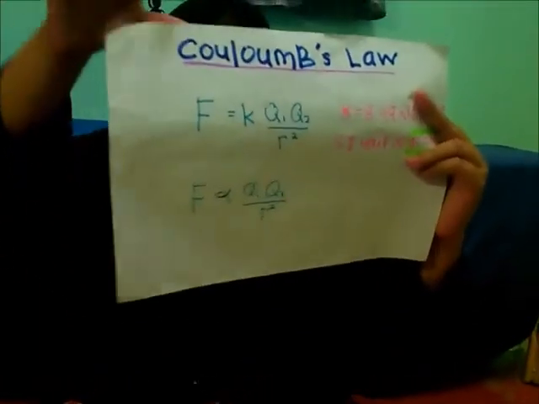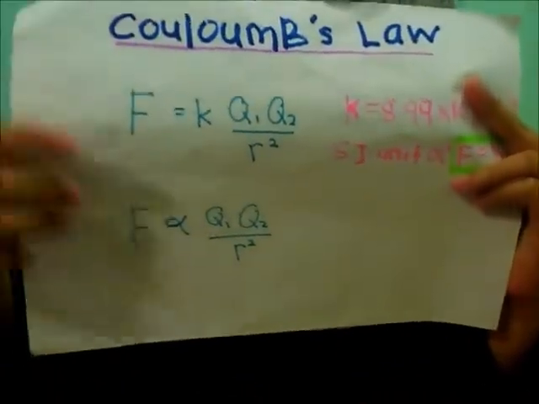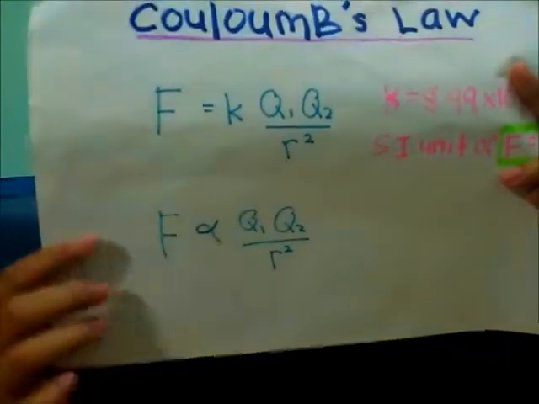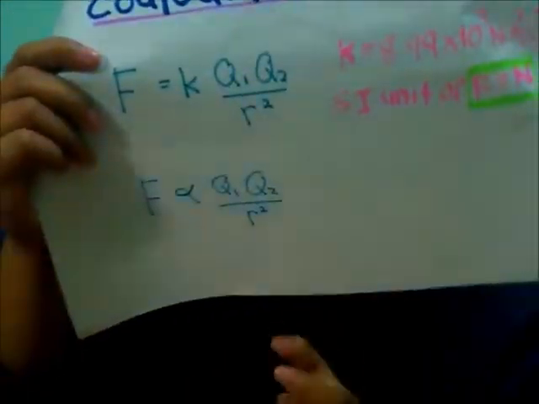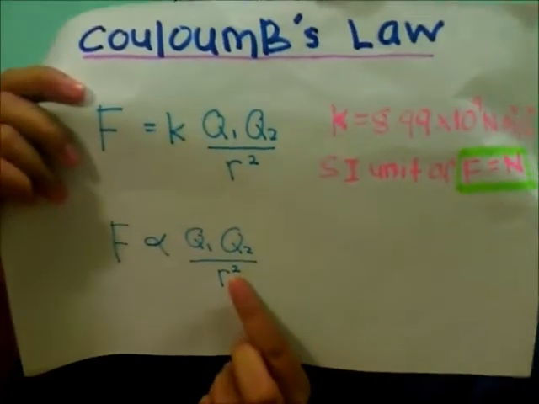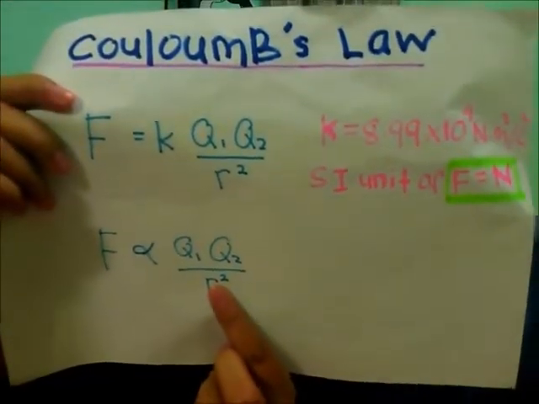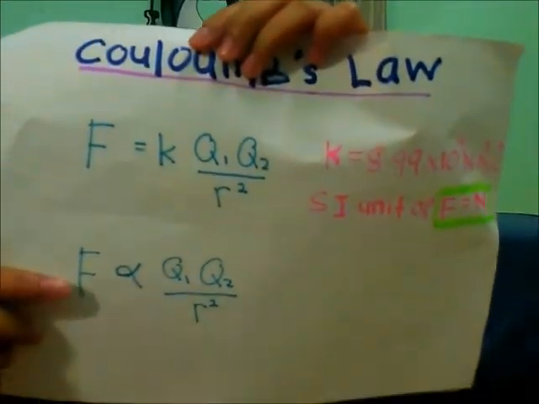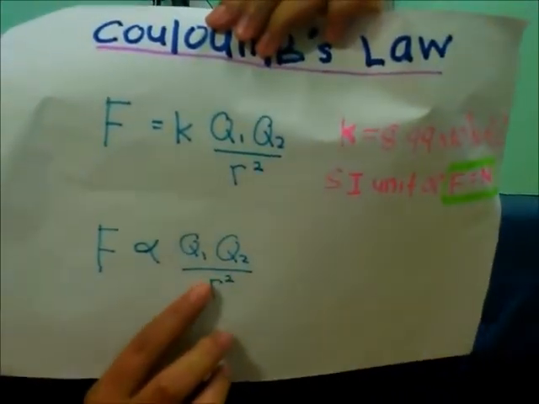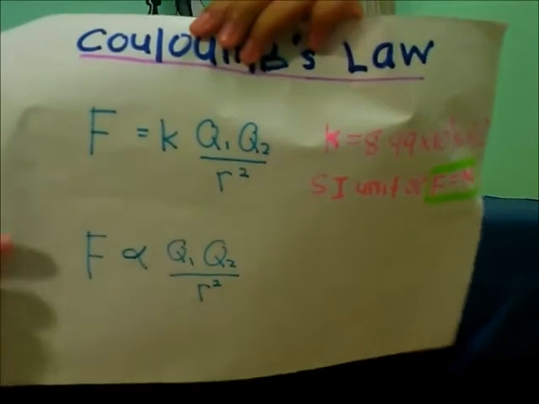However, let us look at the situations where the distance is not maintained. If the distance increases, the force decreases with the square of the distance, because the distance is already squared. Let's say the distance is doubled. Therefore, the force decreases to 1/4 of its original value. Because this is R squared, so it becomes 1/4.